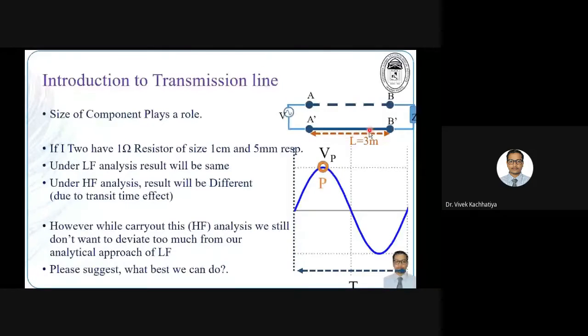Let me give you an example: we are designing a 60 gigahertz transmission. For that, I have a 60 gigahertz generator. I have a 60 gigahertz antenna, which I am going to use to detect something or transmit some data. So my antenna I cannot change, my generator I cannot change. And I want to characterize this thing, that is, what will be the current and voltage value for a line.